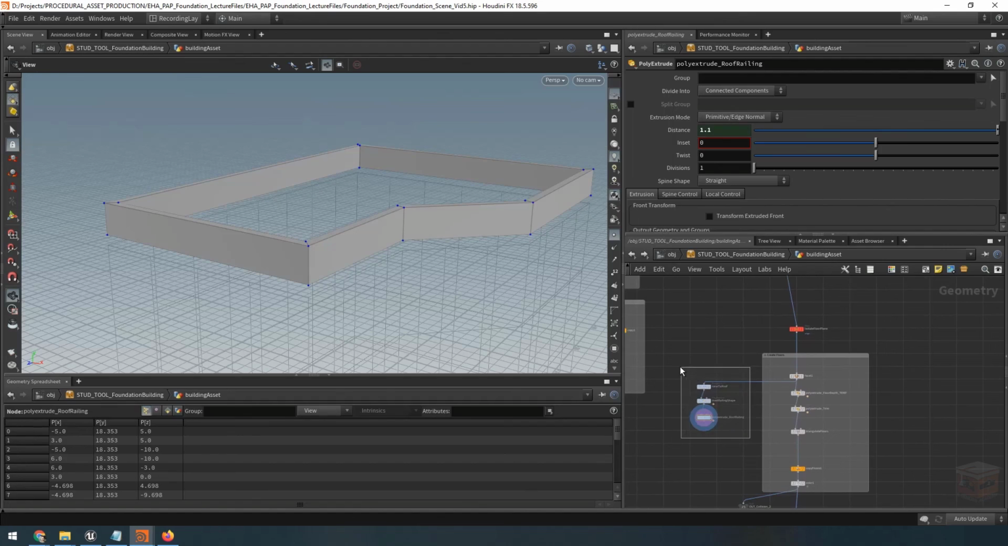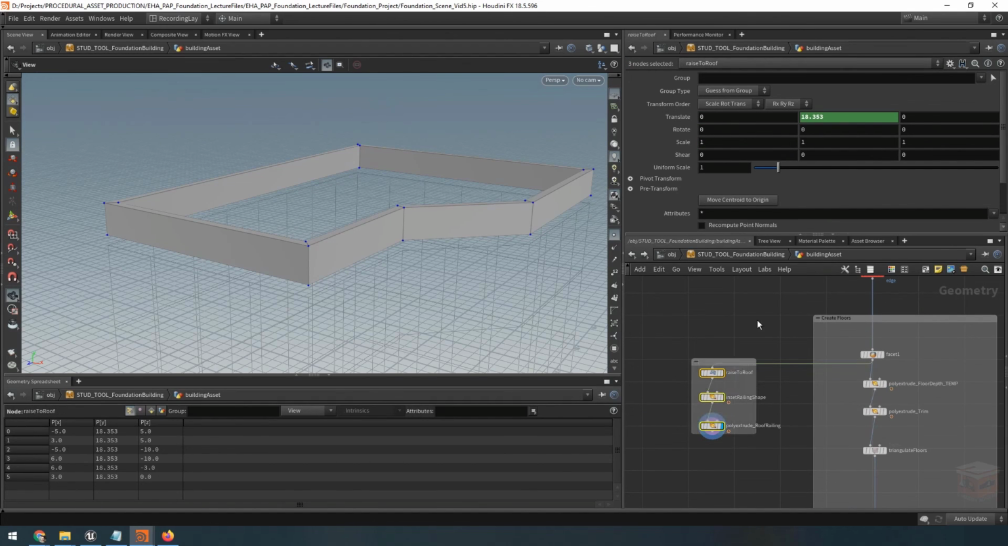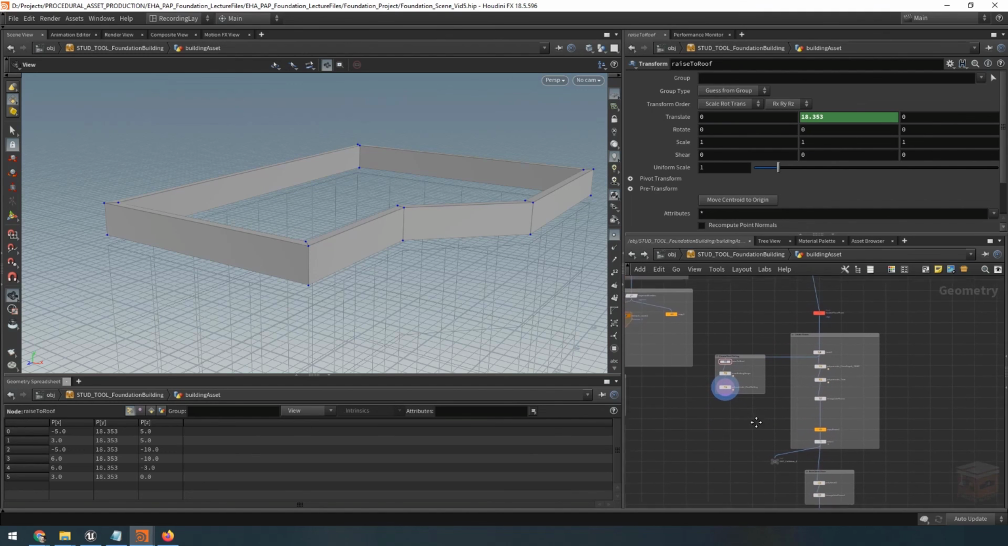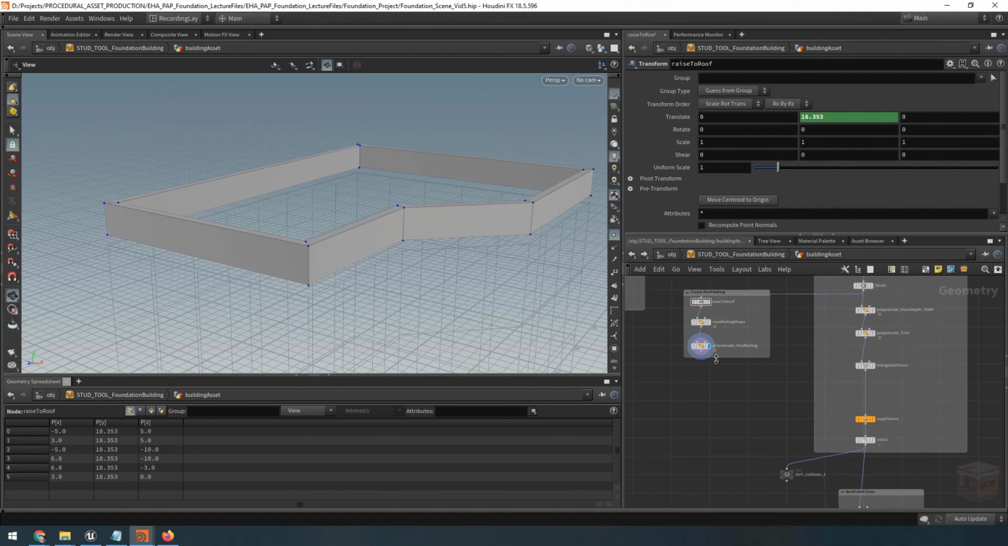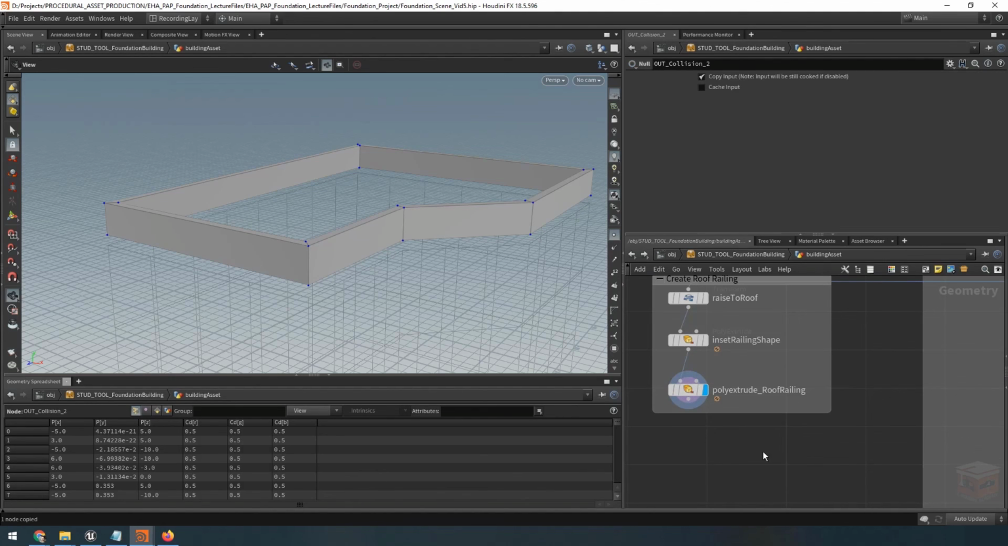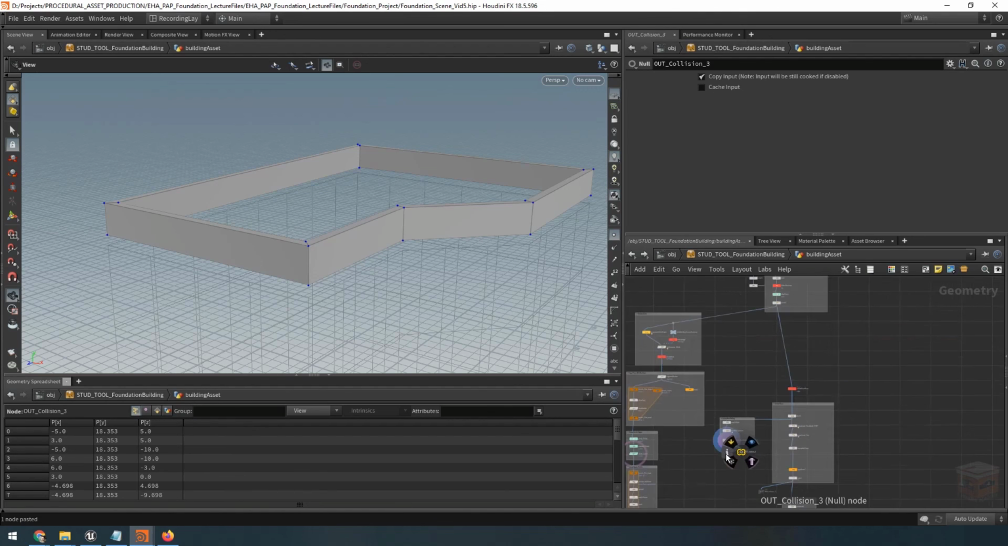So let's grab this. Let's wrap it inside of a netbox as well. And I'm going to call this part the create roof railing. Then next, let's go ahead and add a dedicated collision for this one. So I'm going to copy my out collision 2, paste it in here, and then go down below